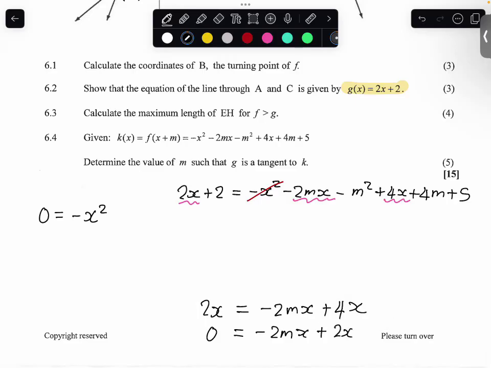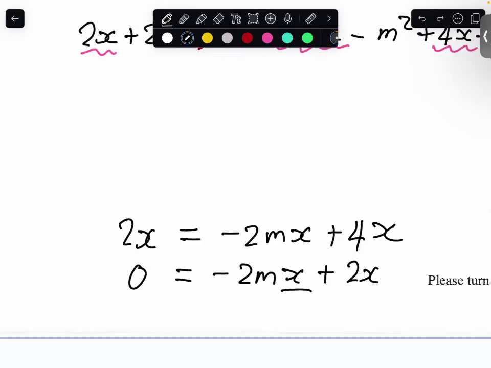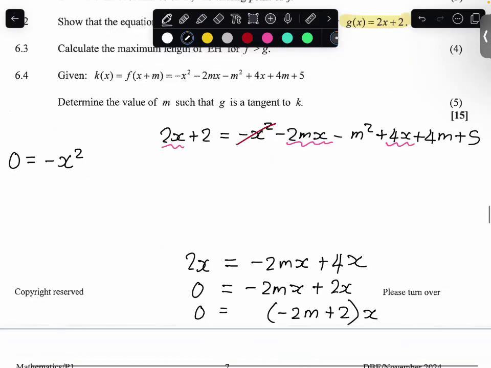Right? And I only want one x in my equation. So here I already have 2. How do I get 1? I just pull out x as a common factor. So this is going to give me x into minus 2m plus 2. Right? But I'm going to put the x at the back. It's the same thing. So here I'm going to have a plus minus 2m plus 2x. And then everything else in the sum that doesn't have an x attached will be